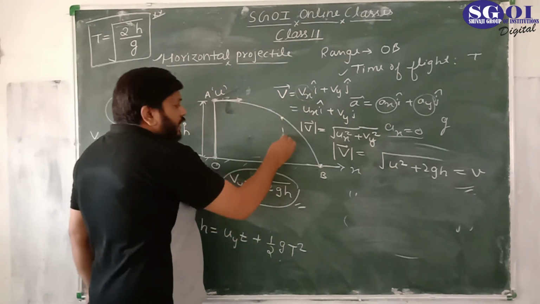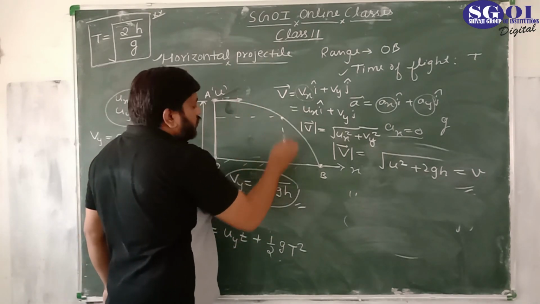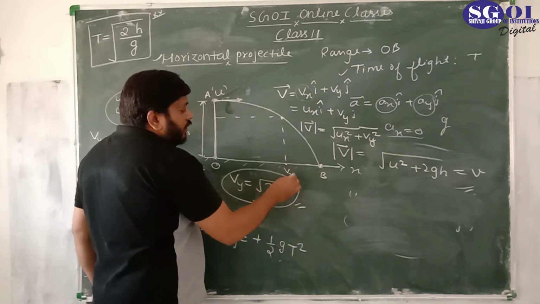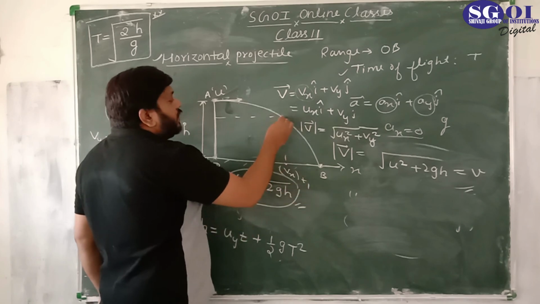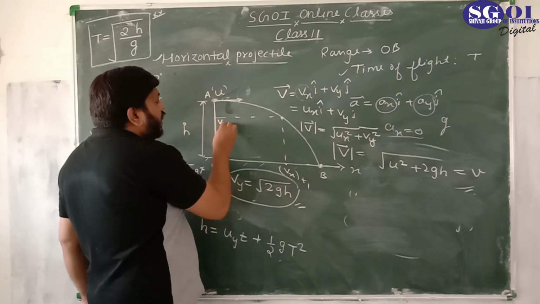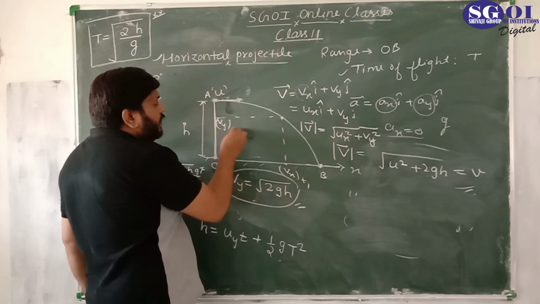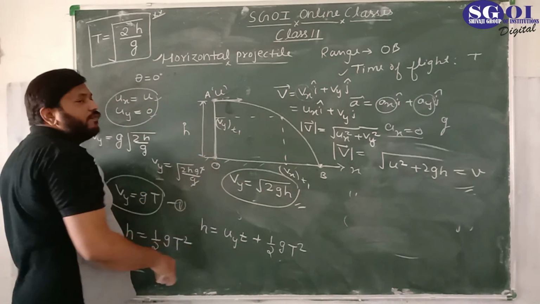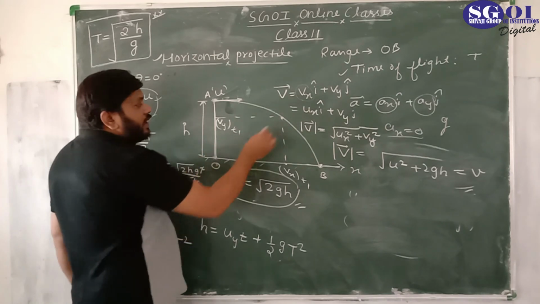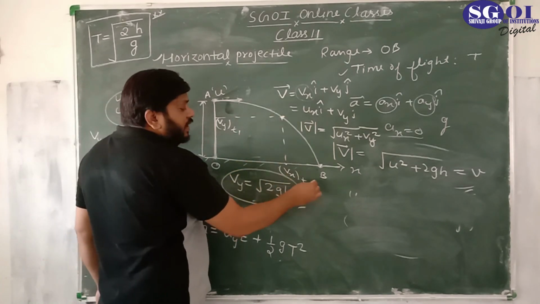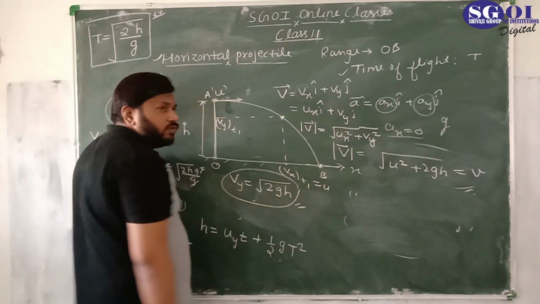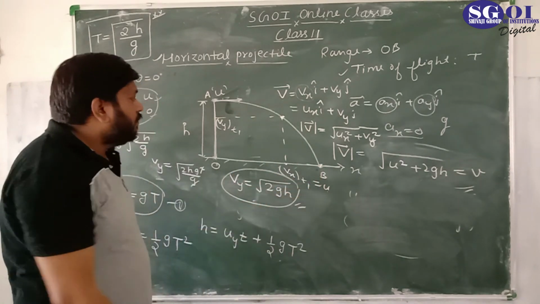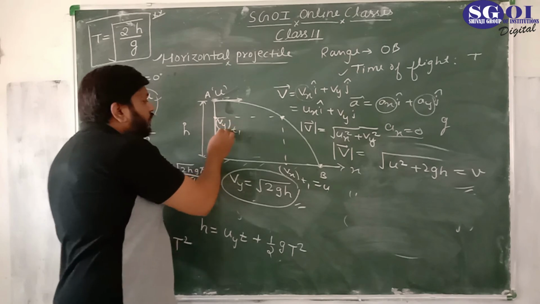You can also find the velocity vector v at each point on this trajectory. On each point, this is vx, let's say at time t1, and this is vy, let's say at time t1. This is not the time of flight, because the time of flight is from here to here. This is, let's say, time t1. So vx at t1 is the same, which is u. It would not change at any place, but vy at t1 would change.